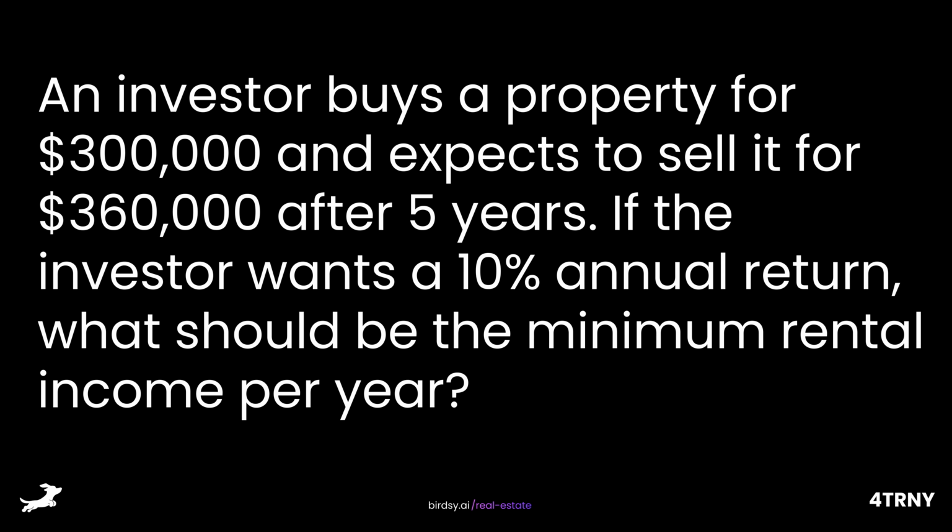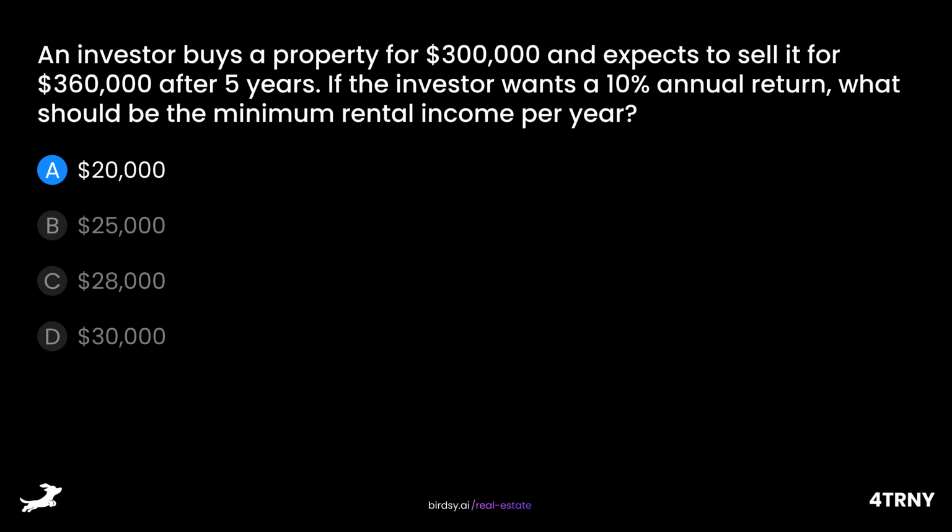An investor buys a property for $300,000 and expects to sell it for $360,000 after 5 years. If the investor wants a 10% annual return, what should be the minimum rental income per year? Is it A, $20,000, B, $25,000, C, $28,000, or D, $30,000? The answer is D,